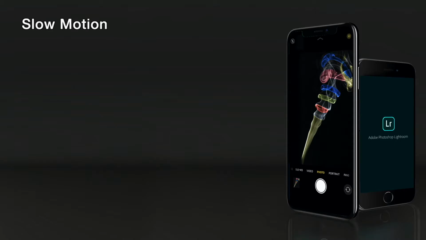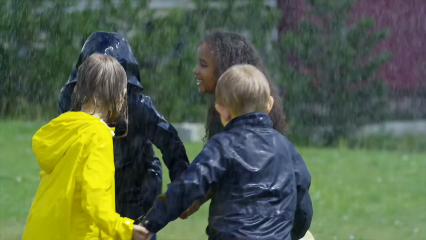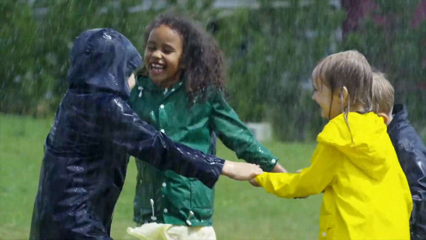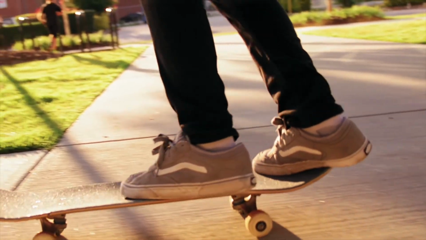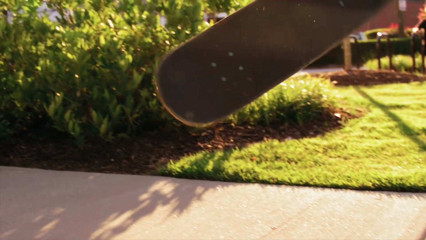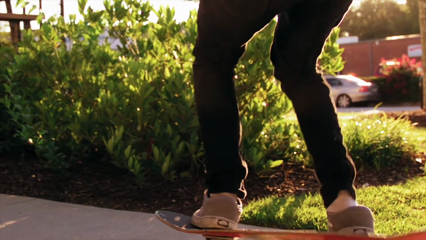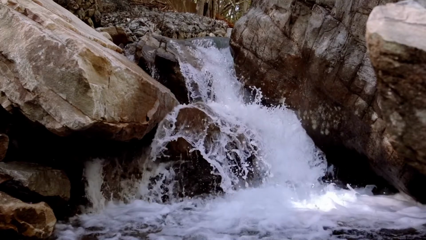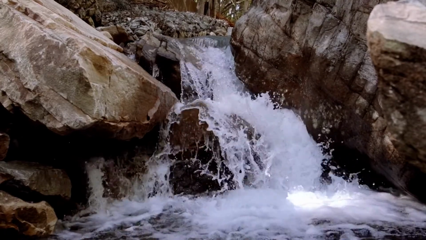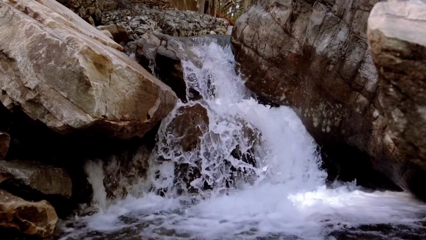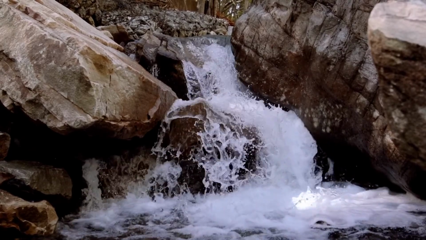Okay, let's look at slow motion. So slow motion is the opposite to time-lapse, where time appears to be moving a lot slower than normal. Here you can be capturing fast action that you want to be able to slow down and see in slow motion. This is great for capturing many different things like pets jumping around, waterfalls, surprise reactions, sports actions, balloons bursting with filled water, basically anything that moves quickly.